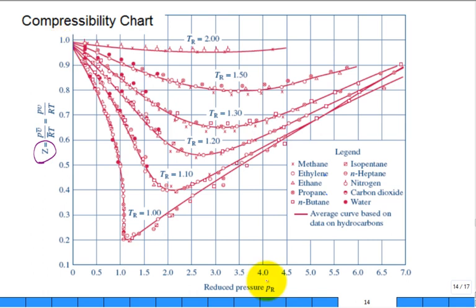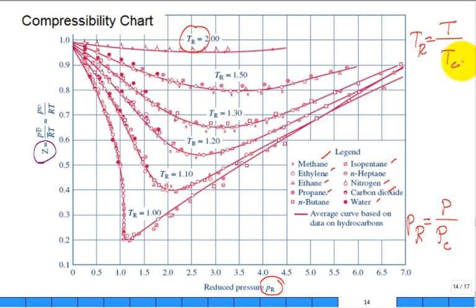Well, what do they plot for a number of different gases? Methane, ethylene, ethane, propane, isopentane, nitrogen, carbon dioxide, water vapor. They plot different data points as a function of the reduced pressure. The reduced pressure, P sub R, is the actual pressure divided by P sub C for that gas. What is P sub C? Critical. Yeah, it's the critical point pressure. And then T sub R, guess what that's defined as? The actual temperature divided by the